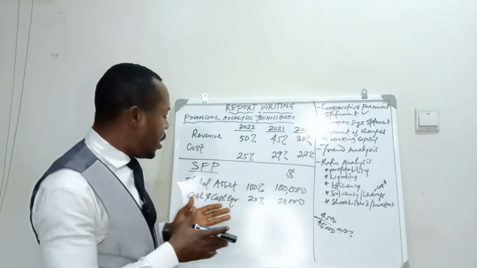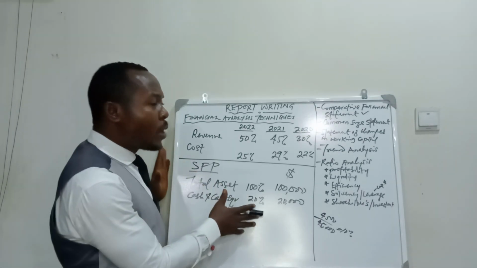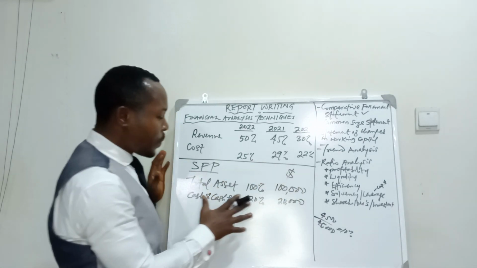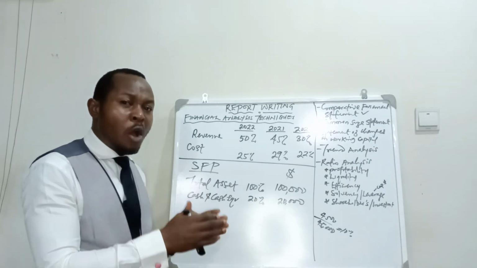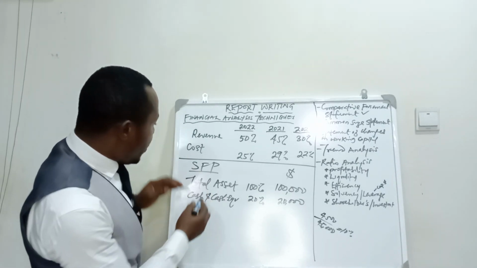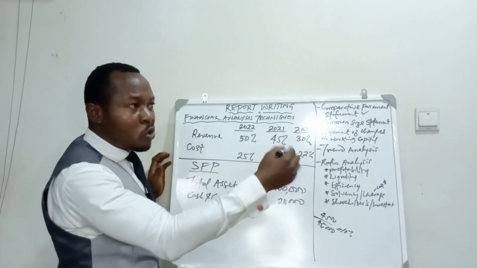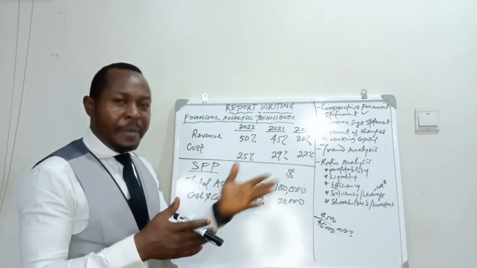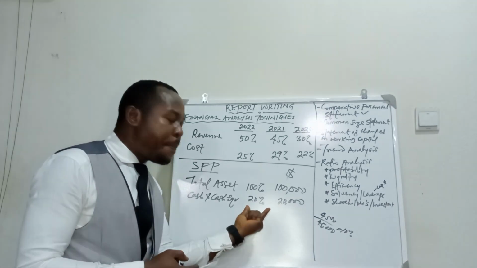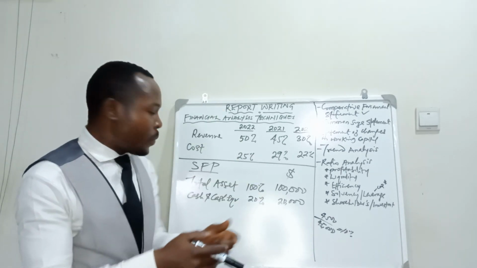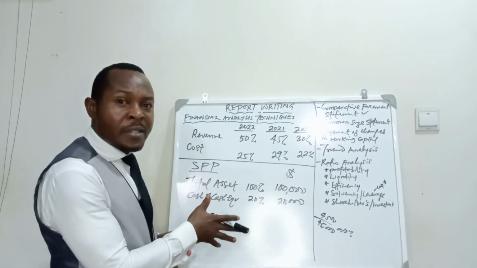Now let me bring it home. You want to write a report on this particular entity that has this figure. This is what you are supposed to say. You will say for the period under review, entity so and so, maybe ABC Limited or whatever, has 20% of the total assets as cash and cash